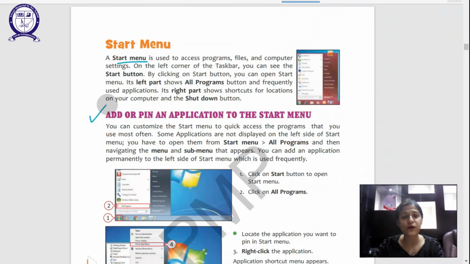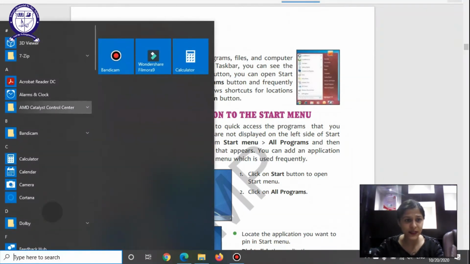Now we will see how we add or pin an application to the start menu. You can customize the start menu for quick access to programs. So for example, this is my start menu, and you can see that I have selected some of the applications that are available to me on the right, which is a very quick access, right? So this is called pinning something.